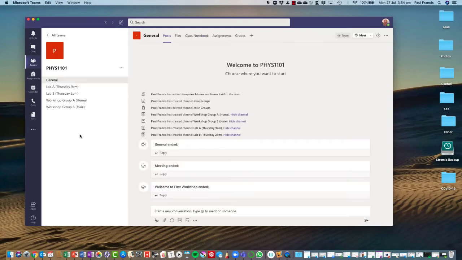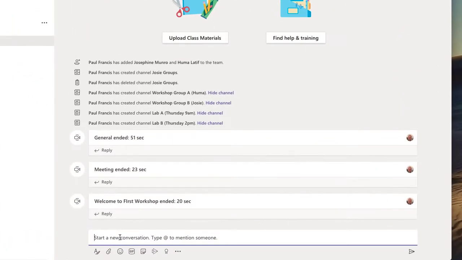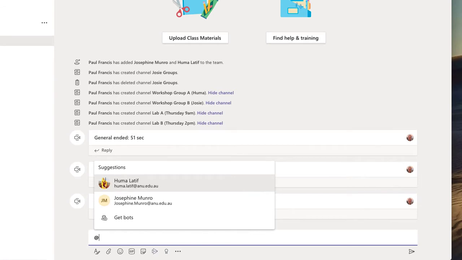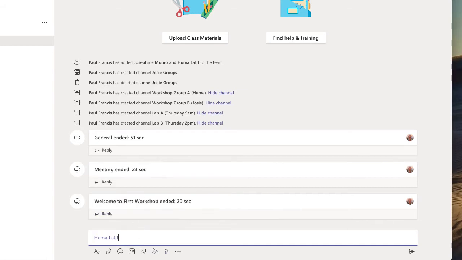So you can then go to the team, and this is a place where we will be holding the video meetings for our workshops and labs. And it's also generally a place where you can ask questions and contact either the tutors, me, or other students. Now if you have a question about something in the course, you can just type something in here. If you want to make sure I'm aware of it, or one of the tutors, say, you can tag a person. So for example, if I wanted to tag tutor Huma, you see if I start typing at and her name, it comes up here, and then I can say